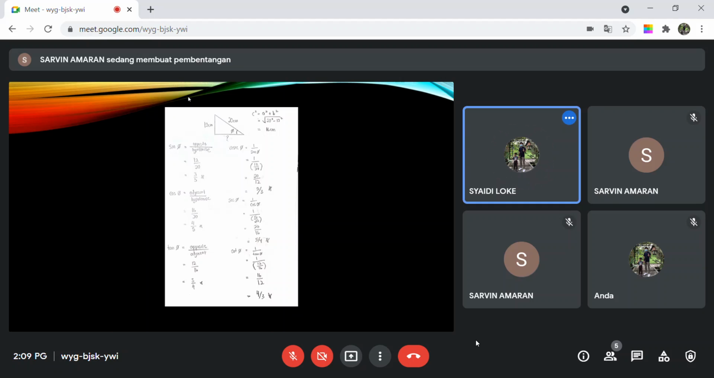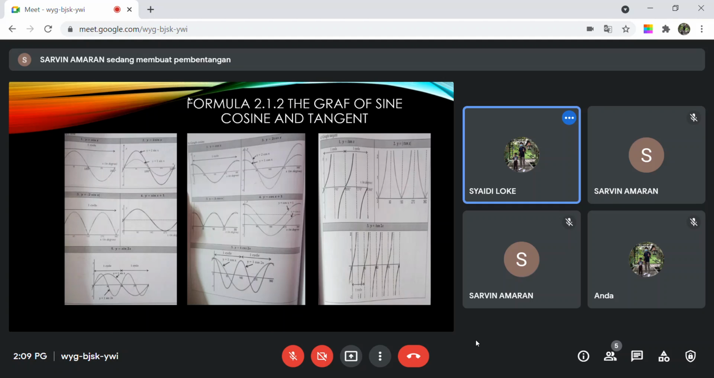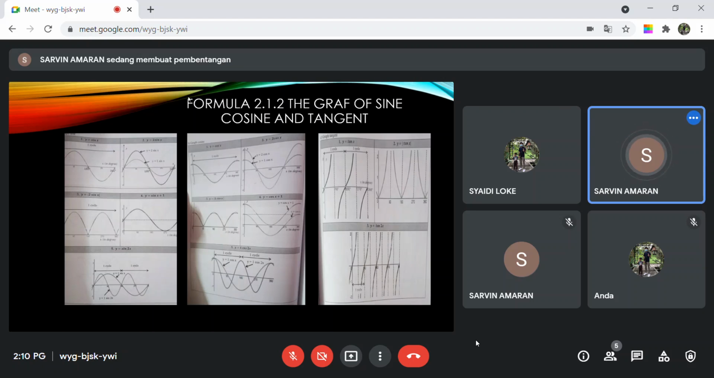Okay, thank you, Shaidi, for your basic formula that we need in order to find the values. And next is